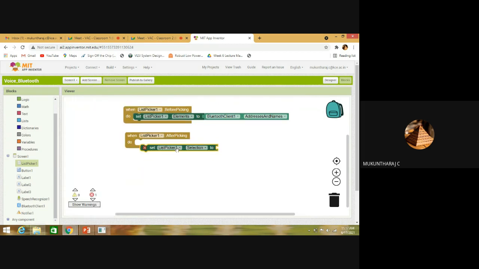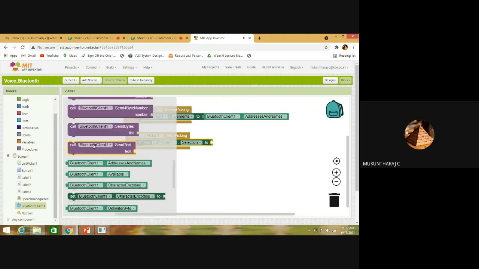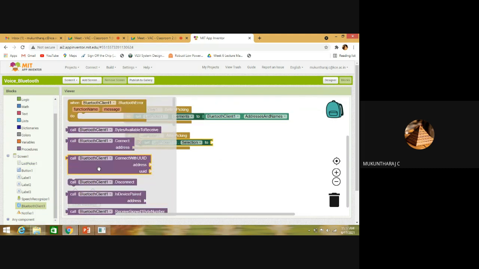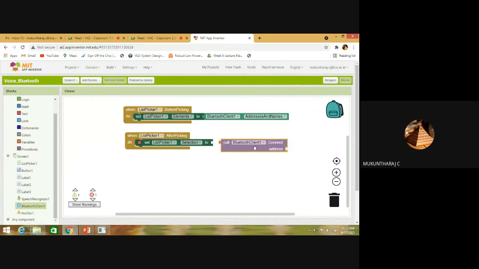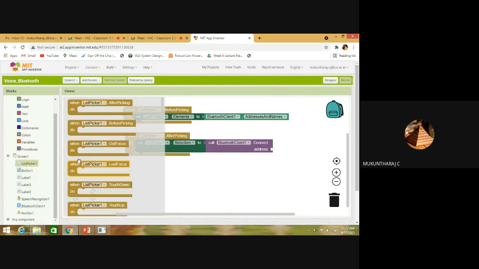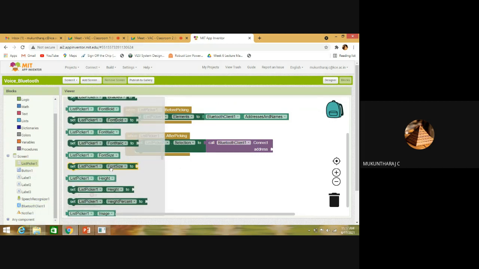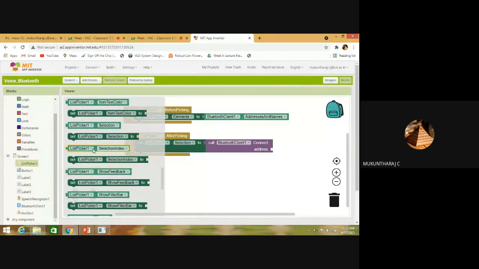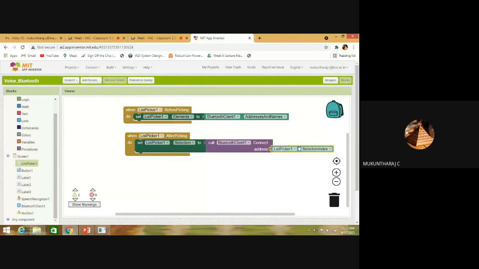So list picker selection: set Bluetooth client, call Bluetooth connect address, which is selected by the user. So list picker selection.